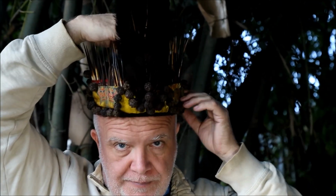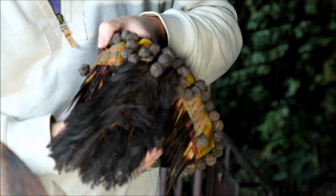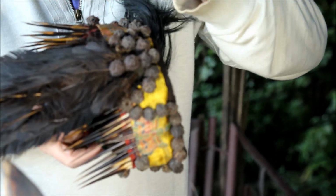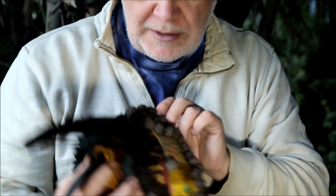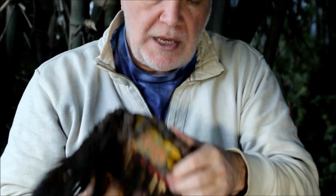So you can see you've got porcupine quills around the front and rudraksha and a goat's horn on the top. It's been hand woven with a very rough jute, and it's got a little bit of Tibetan silk here. So the porcupine quills are like a protective element, and you've got chicken feathers, wild chicken feathers here, the remains of much longer feathers. Oh no, they're porcupine quills as well. So you often have other objects which are tucked in here. There's a yak tail stitched onto the back,